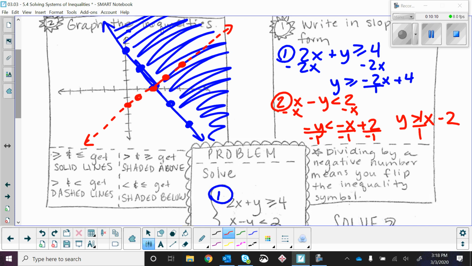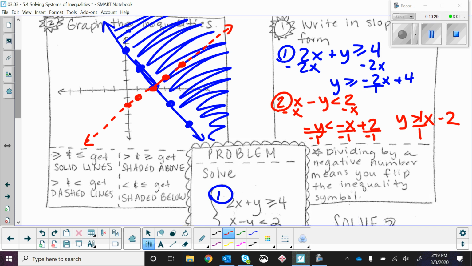So, do I need to shade above or below that line? Above, because when the inequality symbol flips, its mouth is open to the y. So I want all the y's that are above the line. And